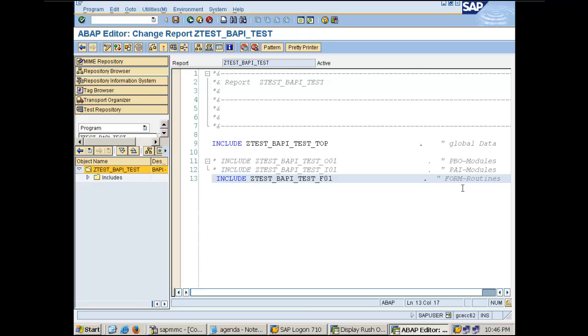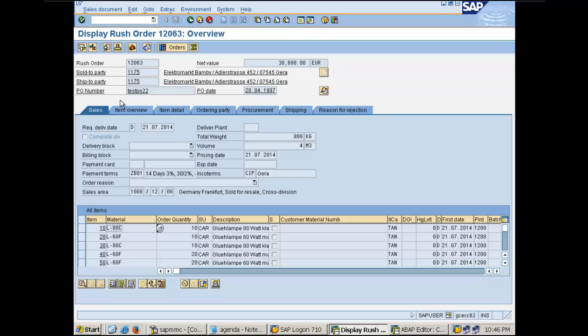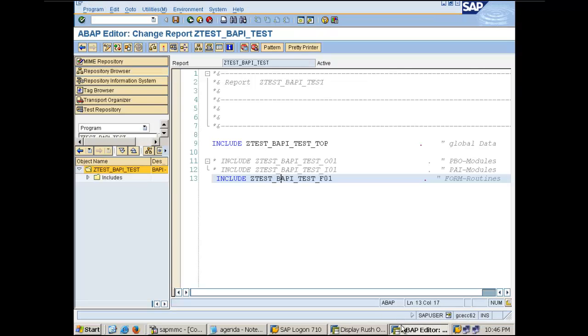So till now everything is fine. Now I'm going to refer to this sales orders data and then create a new sales order using the BAPI. So if you guys remember what we were just saying sometime back,